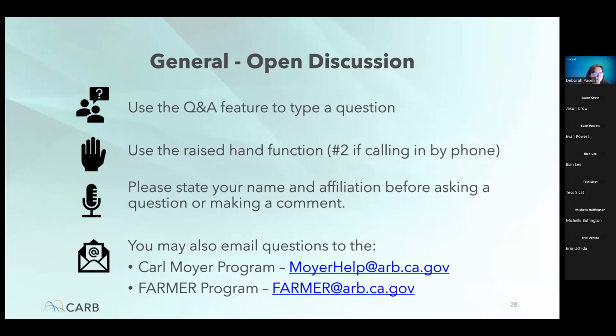Perfect. So basically what this question stems from is I know that a lot of these funds have shorter time frames for where you can expend them from when they're awarded. Buses, especially zero emission buses, are getting further and further out with their delivery times. It can sometimes be upwards of 24 months. The concern is if you get an award, and then it's 6 or 7 or 8 months until you can complete the funding package, and then another couple of months before you can actually order it, you're looking at almost 3 years before you get the buses and pay for the buses and get reimbursed with the awards.